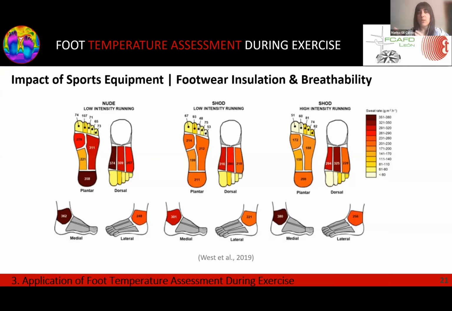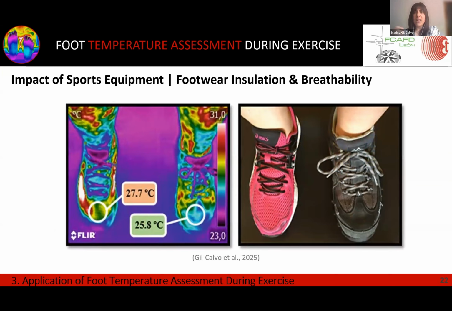In fact, one study found that wearing socks during running did not produce major thermophysiological differences. However, running without socks increased thermal discomfort, moisture perception, and stickiness, reducing overall comfort in the participants. Here you have an example of isolating properties of different types of footwear, in which running footwear had better heat dissipation than mountain shoes after 10 minutes of running.